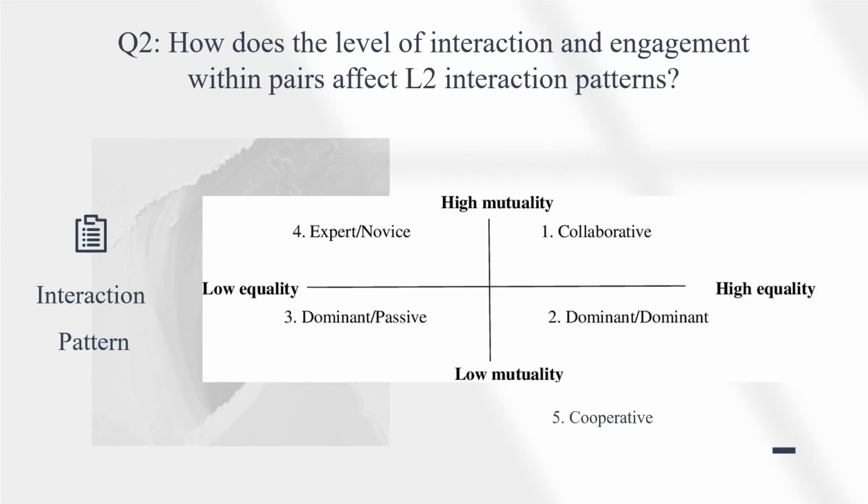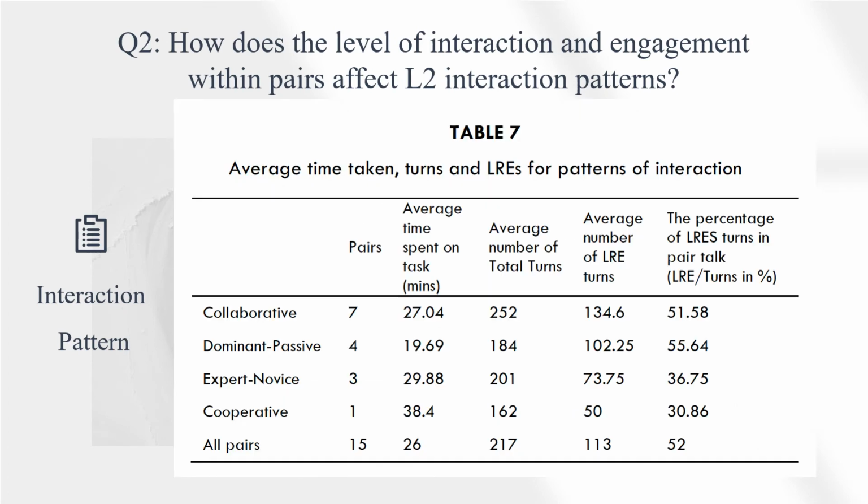According to Storch's patterns of interaction, each peer's interaction pattern has been identified and categorized based on their level of engagement and contribution. The researcher has also identified a fifth pattern in the study, cooperative interaction. We can see that about half of all peers were working collaboratively, and they produced the highest number of turns